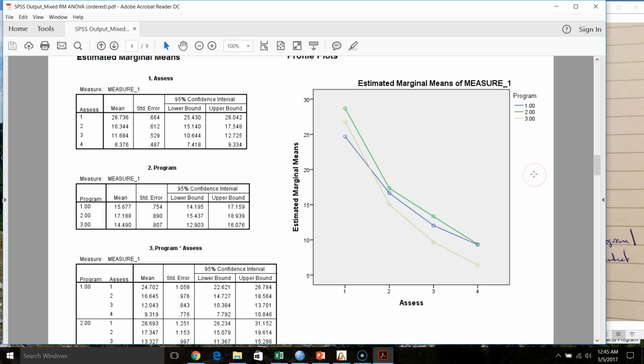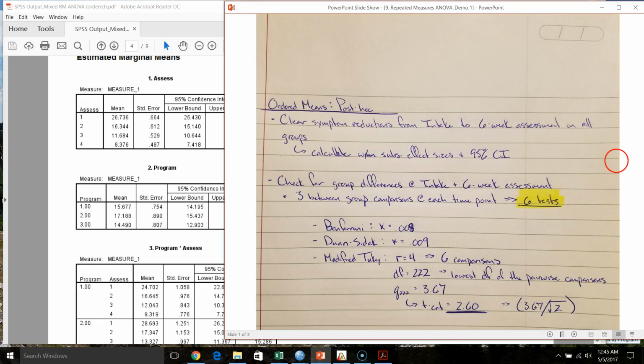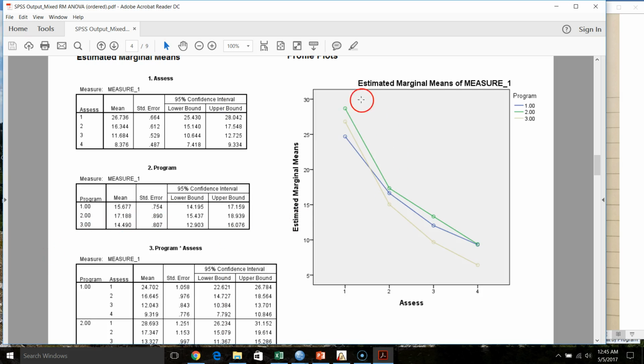Okay, but what we talked about before, remember, was wanting to do some between subjects tests to see what's going on, to see if we can see differences. Do people reasonably start out similarly? We've got some clear differences, at least in terms of absolute value. These dots aren't all falling on top of one another, but what we might want to do is run some tests to see, do we have a reliable difference or evidence that we need to start to tease apart any differences here, and then the same thing at